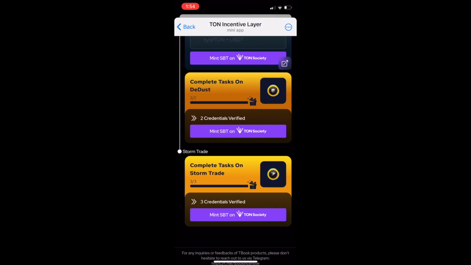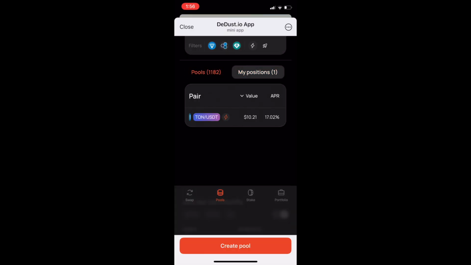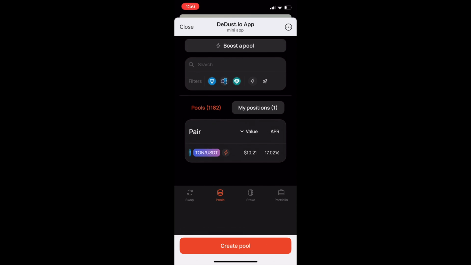Then the next one is complete tasks on DDust, where all you have to do is join their channel, and then again you can provide liquidity for Ton USDT or S Ton USDT. Now for DDust, I basically did the same thing. I did not put in a lot at all. I just put in a little bit of Ton and a little bit of USDT for a value of $10.21, and that made me eligible to complete the quest. And again, that's all I'm going to do. I'll stick it out and I'll wait to see which apps I like, and then I'll throw more money into